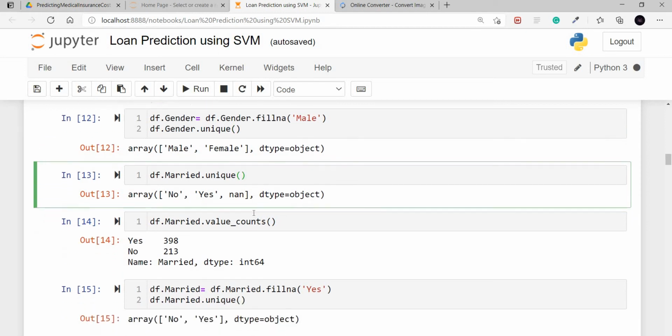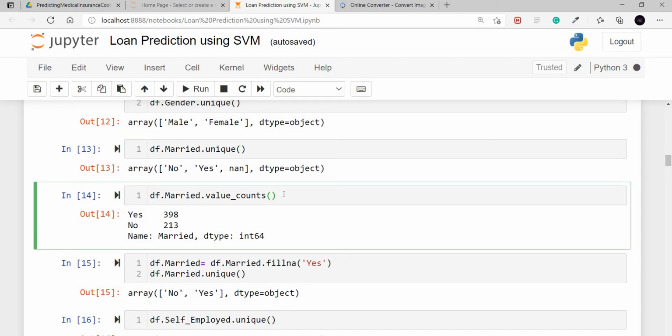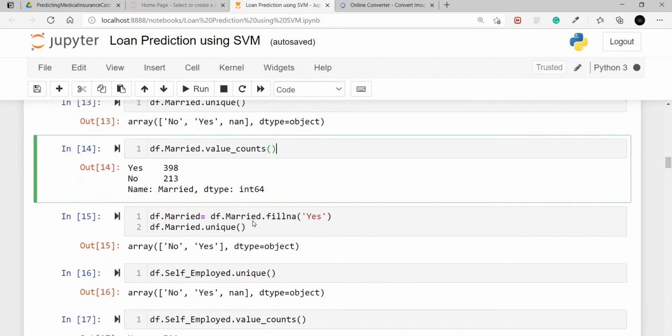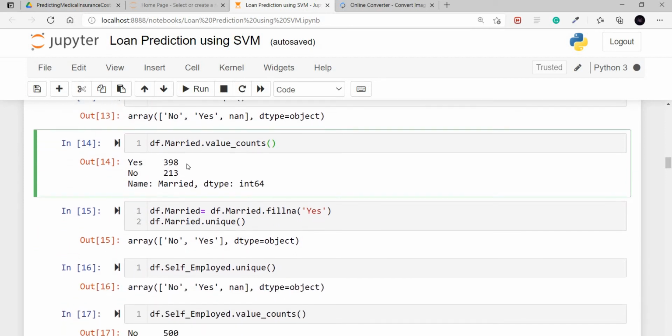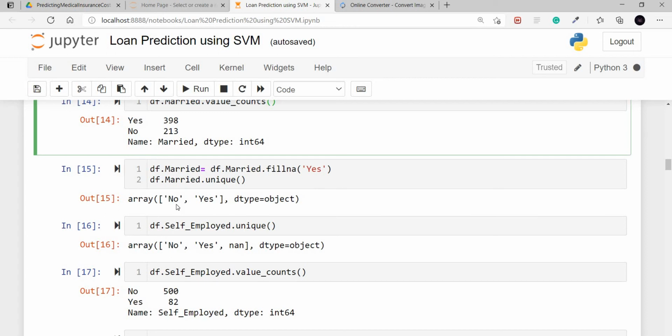Now the same with the married column. Here also there are empty values. So we are seeing which value is more. Yes is more, so I am filling those empty values by yes. Now if we see the unique values, there is no and yes, no empty values are there.